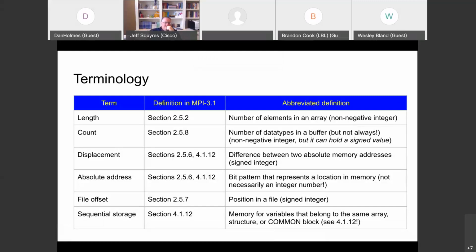Yeah, so I think that's a good segue into this. This is a list of things where we use these terms both outside of the MPI standard and in the document itself, and they have particular meanings. I think this has forced us to combine and merge our collective understanding of what these things are.